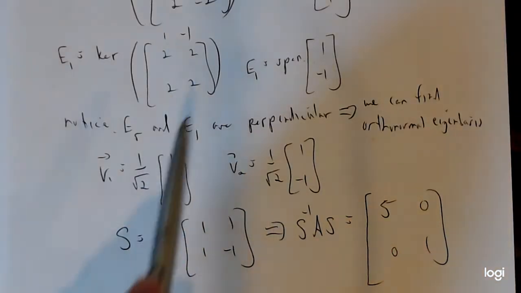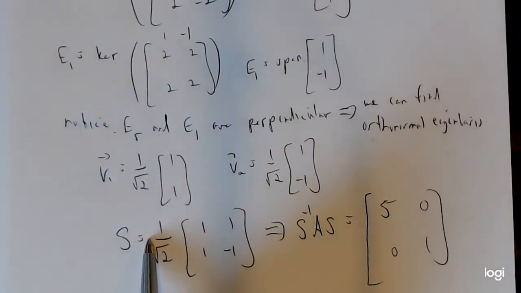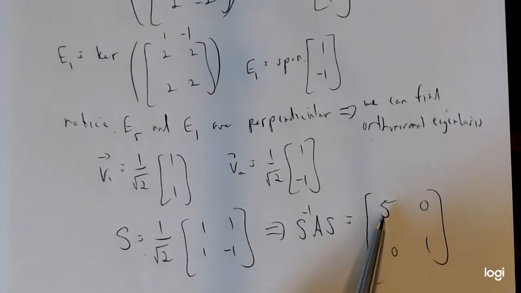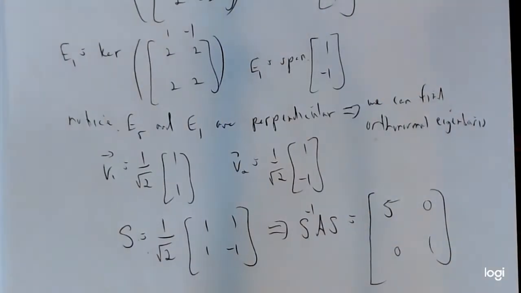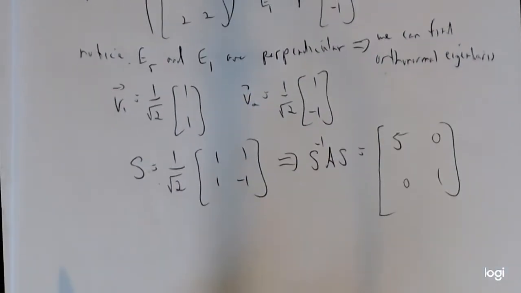We found the matrix S here. Now, that was an orthogonal matrix, and in this case it was orthonormal, where when I diagonalized it, I found a diagonal matrix which was filled with my eigenvalues, which shouldn't be of any surprise because we saw that last chapter. Okay, so with that said, now let's continue with